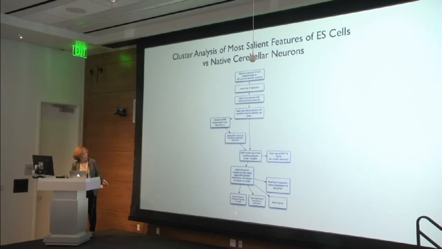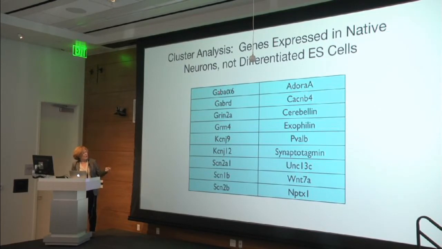And the we is Jill Mesirov at the Broad. I won't go through all of this, but I'll just say that there are people who know what they're doing with statistics to look at this, to do the cluster analysis of salient features rather than, I've got 2 slides, rather than doing networks. And what we found when we did this, as my son would say, duh, Mom, was the essential difference between differentiated ES cells, or the most salient difference, I should say, differentiated ES cells and native